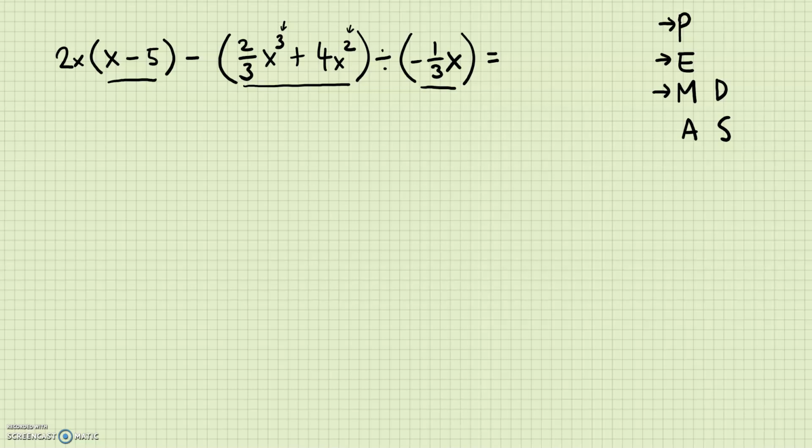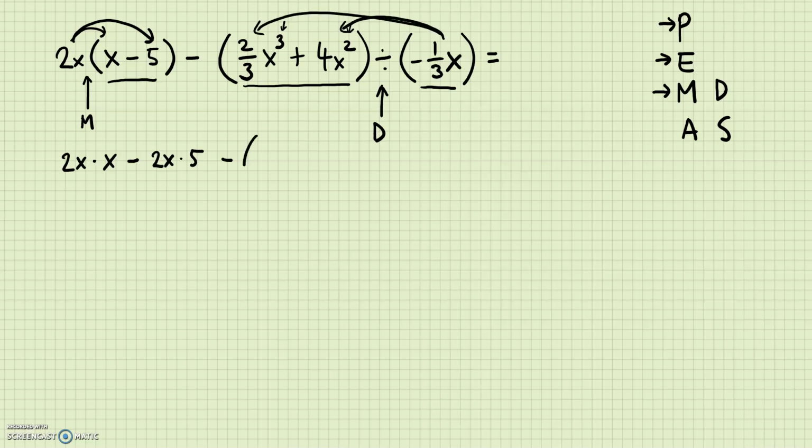How about multiplication and division? And it turns out we have one of each. We have a multiplication here and we have a division here. So we need to do these first. So for the first part, let's try the multiplication. Using the distributive law, 2x times x minus 2x times 5, okay, and then minus, next we're distributing this to each of the terms